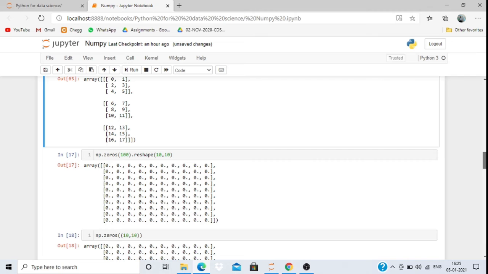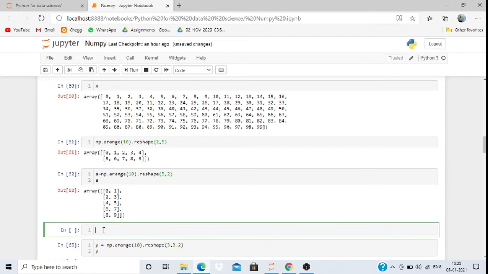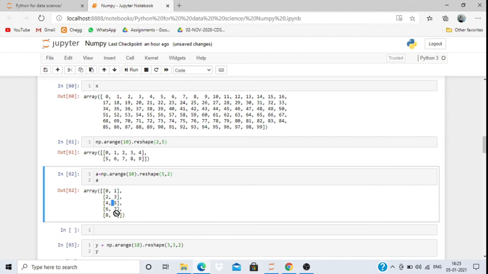Now coming to the next, one more thing I want to explain: suppose you want to extract any values from a particular array. Suppose I want to take only this value, from 5 7, that is 5 7 and 9, only this I want. So what can I write,